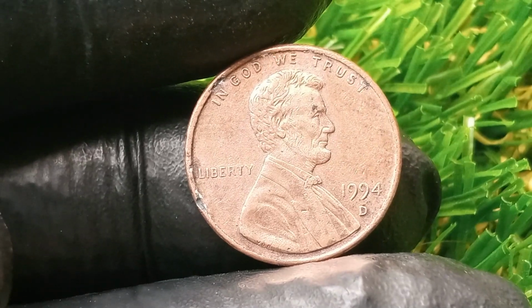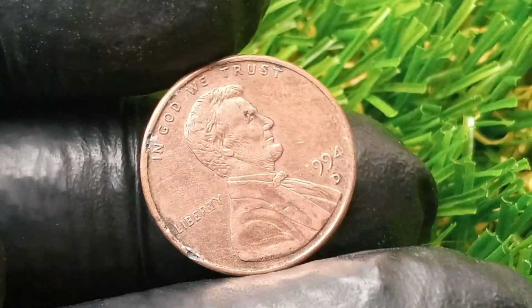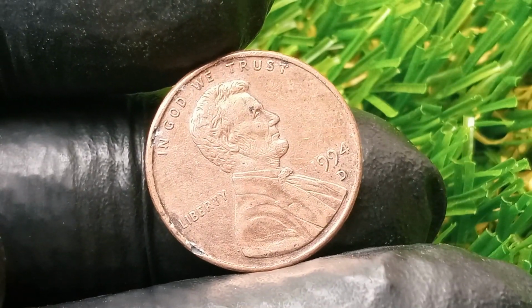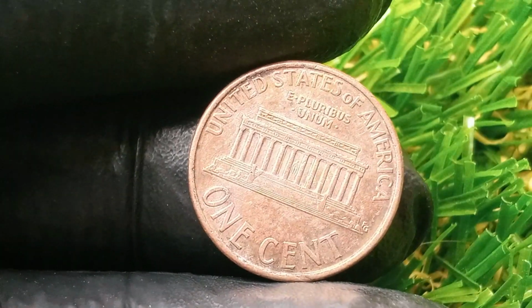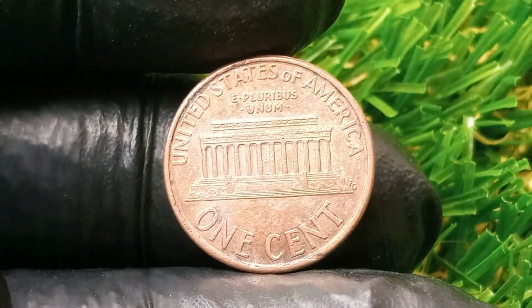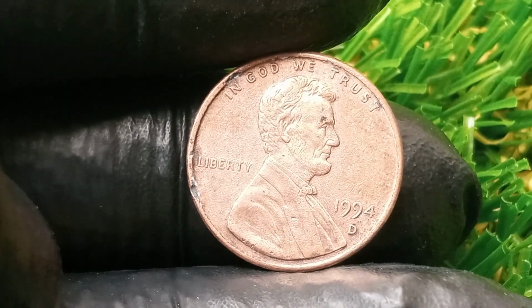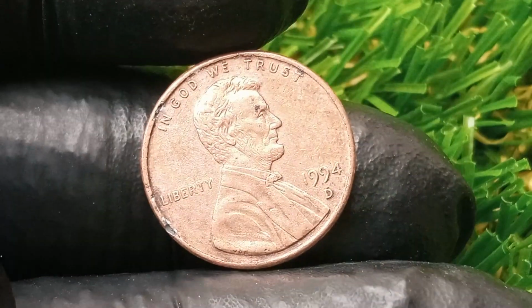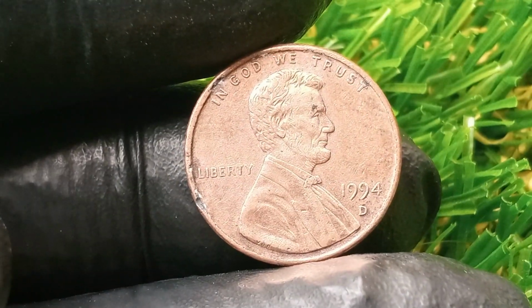it's almost miraculous. It's this exact confluence of events, this perfect storm of misstrikes, misalignments, transitional flukes, and perfect preservation that has made this 1994 D penny not just a collector's dream but an artifact of historic minting significance. Auction houses have gone wild over it, with bidding wars escalating well into the tens of millions, ultimately pushing its sale price to a staggering $43 million when it was privately sold to a consortium of investors who believe its